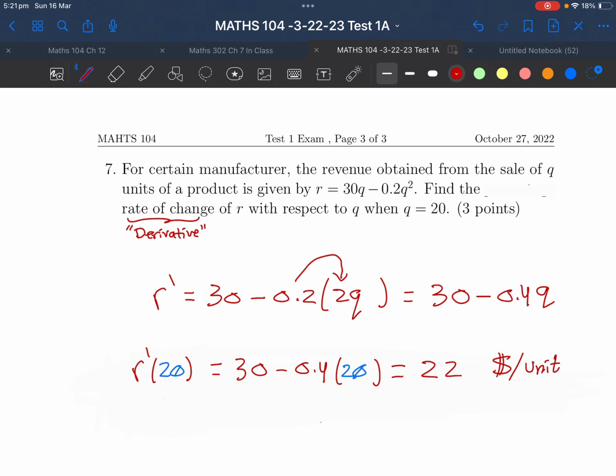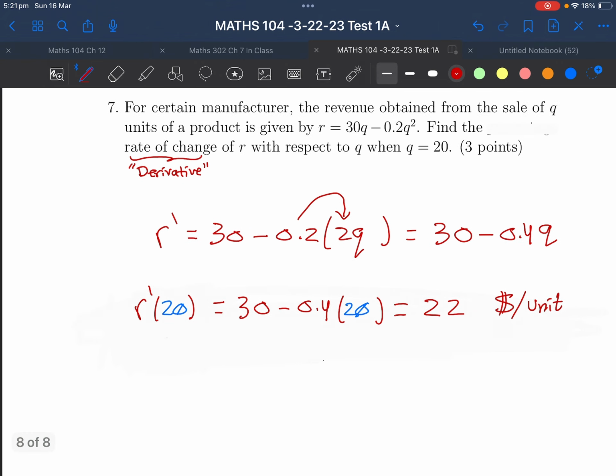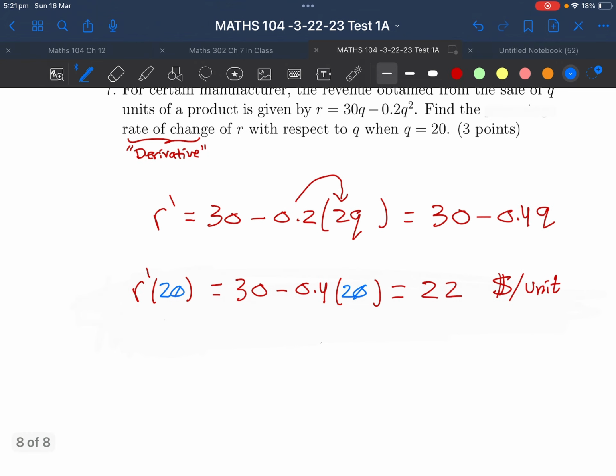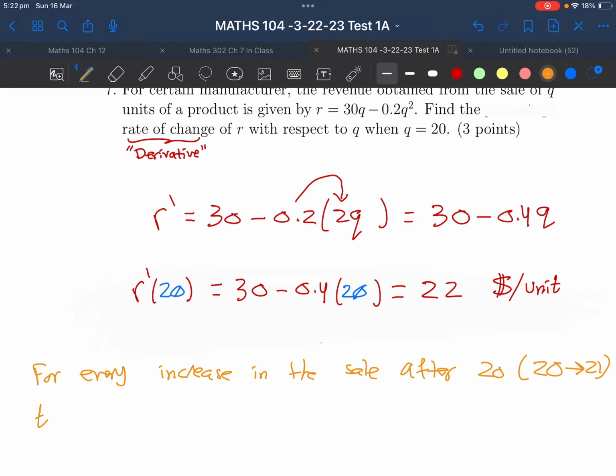What does it mean, dollars per unit? What does it mean that this is the rate of change of the revenue? It means for every increase in the sale after 20, which means if we sell 20 and then we sell 21, we are expecting that the revenue will increase